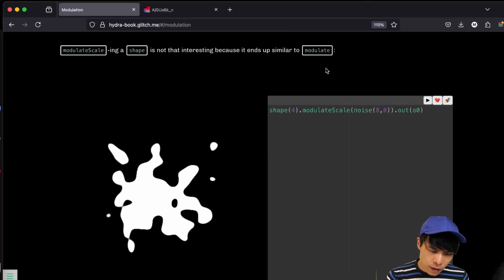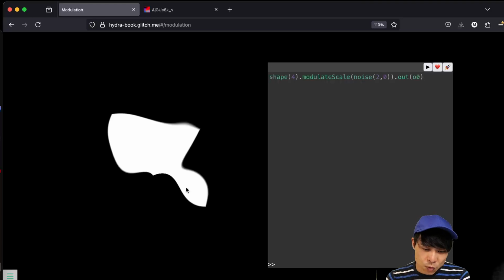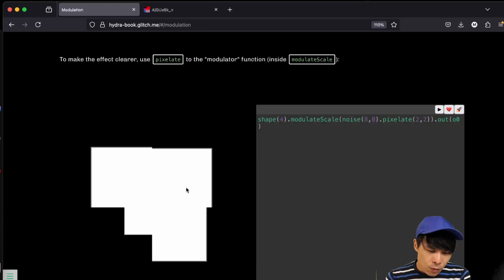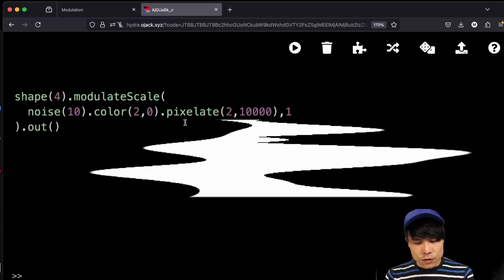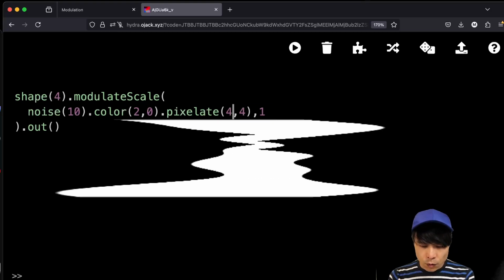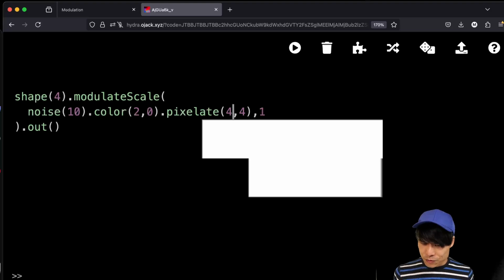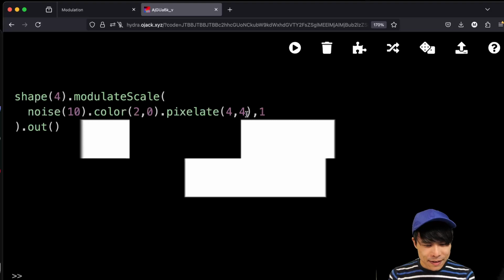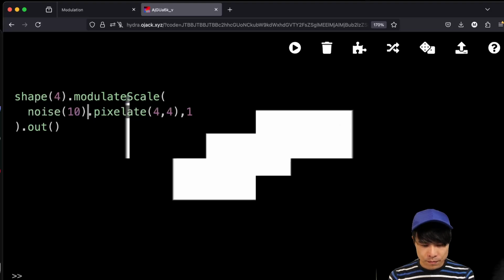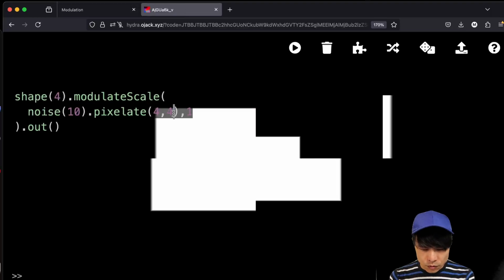And I just explained how modulateScale works on a shape. I didn't say that you should also use noise, and then maybe it's more obvious. But the other way to do it is to pixelate the modulator, which is also quite interesting. I'm actually already doing it, but let's say I do 4, 4, and suddenly it becomes very geometric, and I think it's quite interesting. If I take this color out, it's almost the same example as this one. Well, I did 2 by 2, but